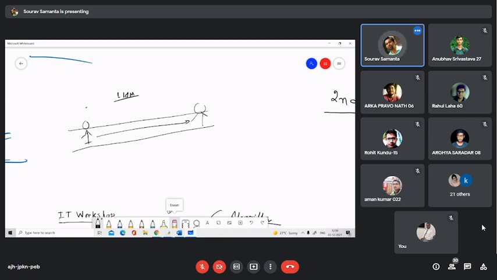The observer, meaning the person or character you are playing, has a particular visibility distance. Here we have objects like trees and buildings, and you are moving from this place to this place.